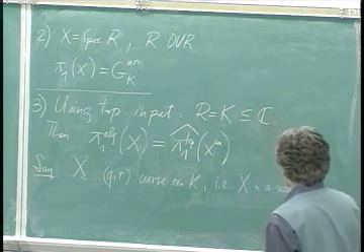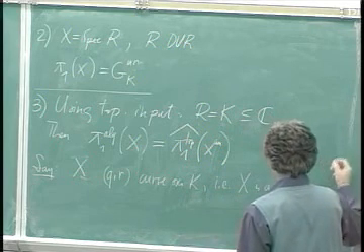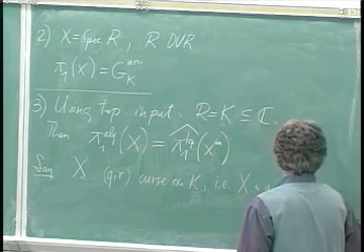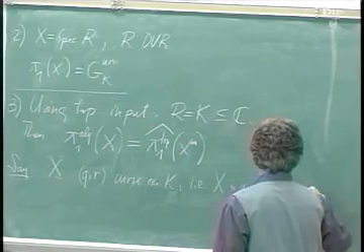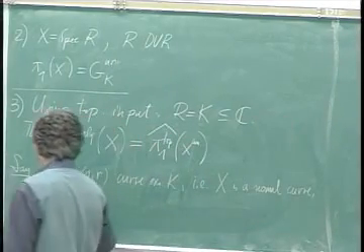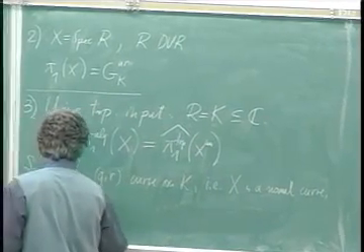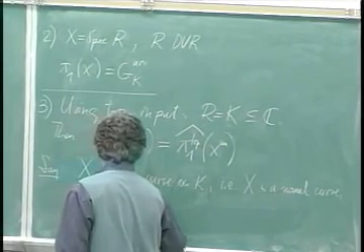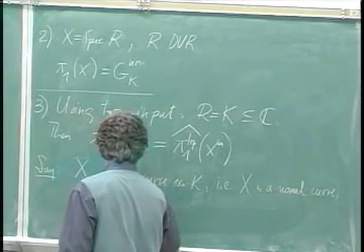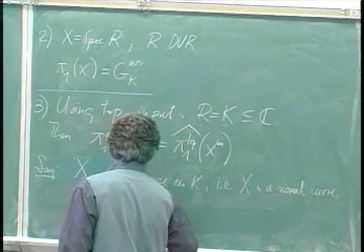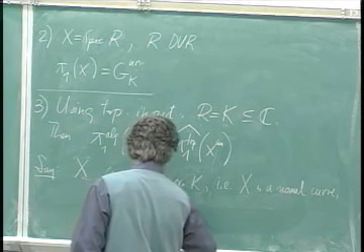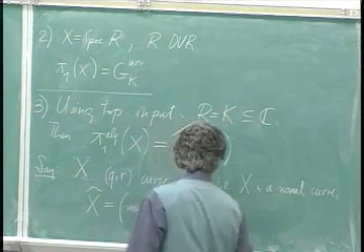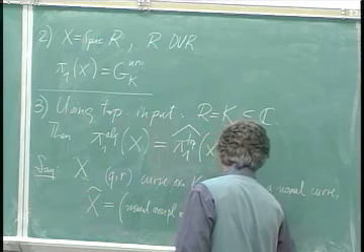Normal means the same as regular, or the same as smooth in characteristic 0 for curves. And let X tilde be the regular, or normal, completion of X,